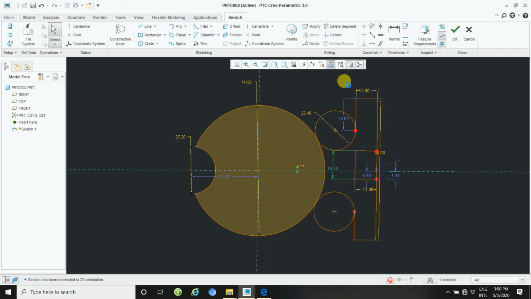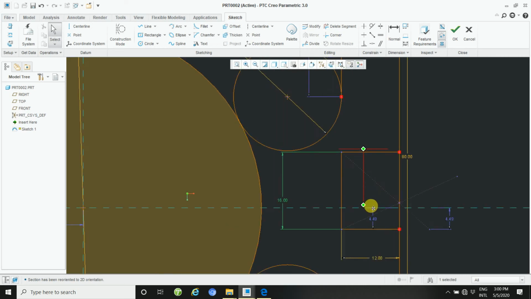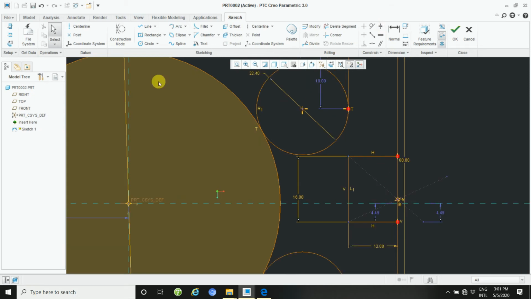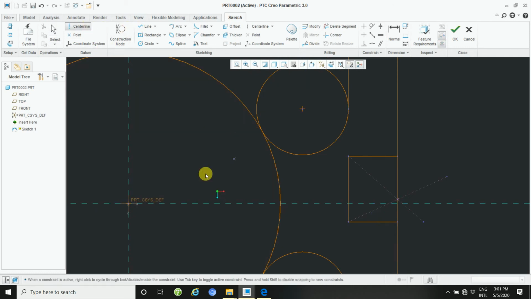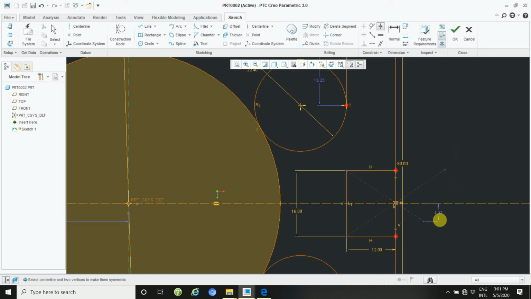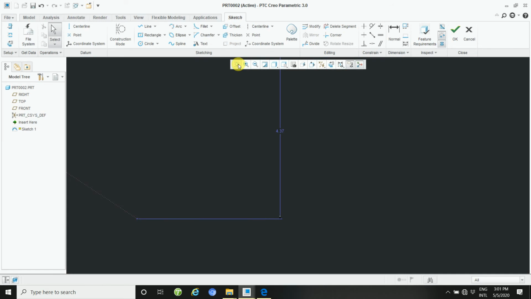Then apply the normal, then apply the symmetric, first point, second point, then middle. So need to draw a center line. This way. Then apply again symmetric, first point control press, then second point, then middle button. This way your symmetric will be applied.